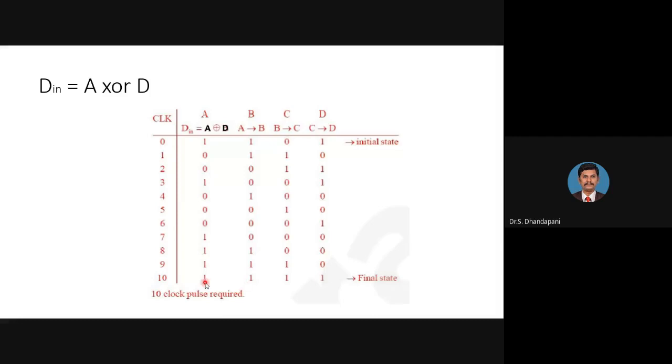So we are getting 4 ones at the 10th clock cycle. So the answer is we need 10 clock cycles for changing from the initial state to the required final state. So simply we have to work step by step by seeing the circuit connections. So the correct answer is we need 10 clock cycles. Don't count the initial clock cycle. This is the initial state. So we need only 10 clock cycles.